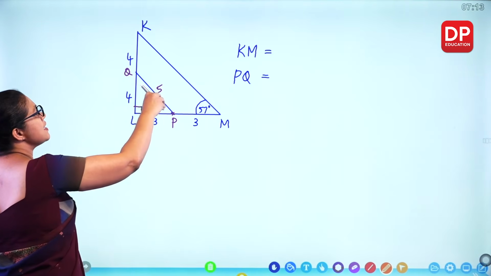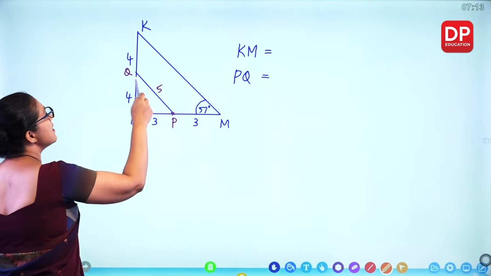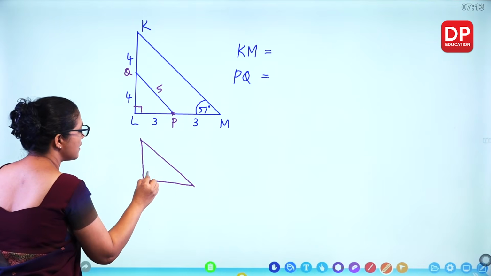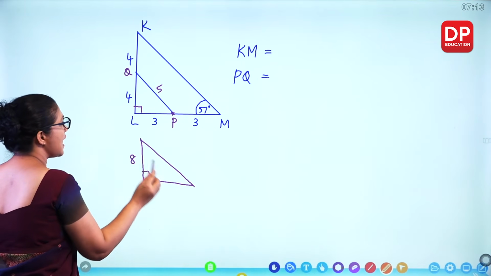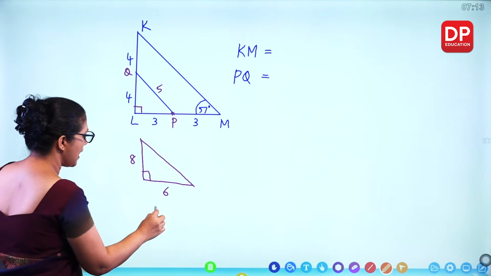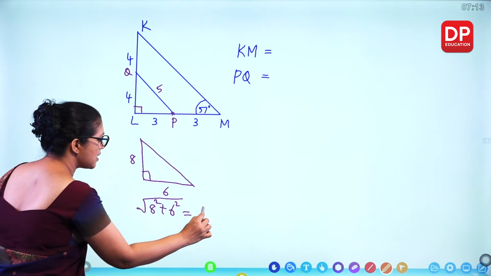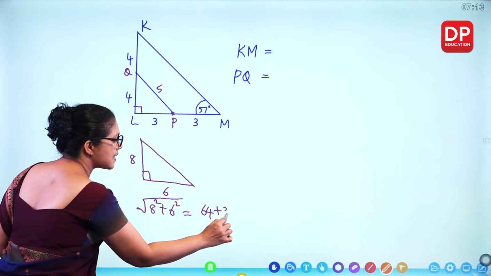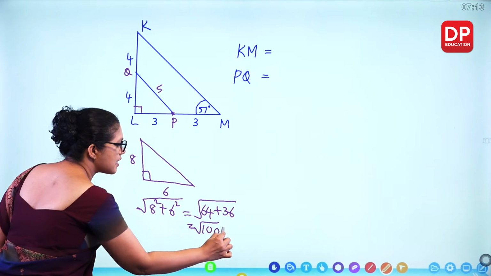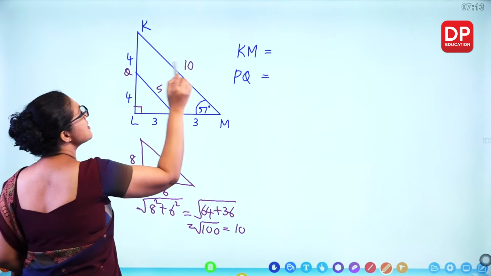If this is 5 centimeter, you will get double as this. So if you take the bigger triangle, you can prove that also. 4, 4, this becomes 8. Here 6. Use Pythagoras theorem. 8 squared plus 6 squared and take the square root. 64 plus 36, that becomes 100. 100 square root is 10. So you will get this one as 10